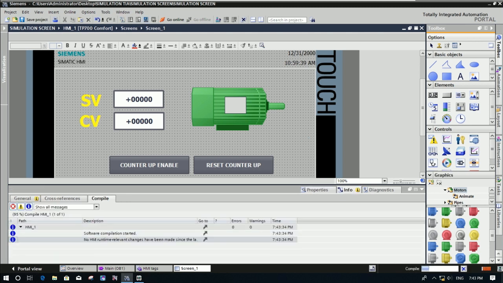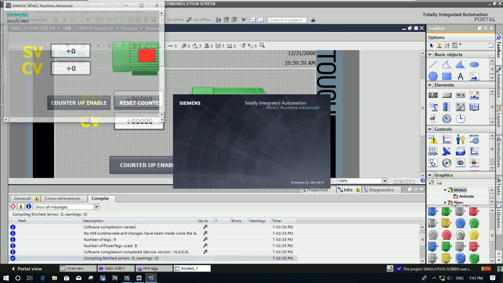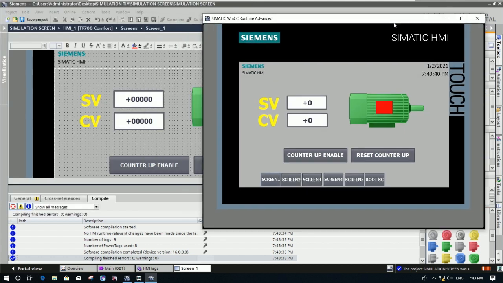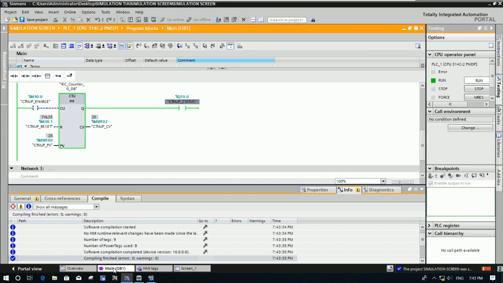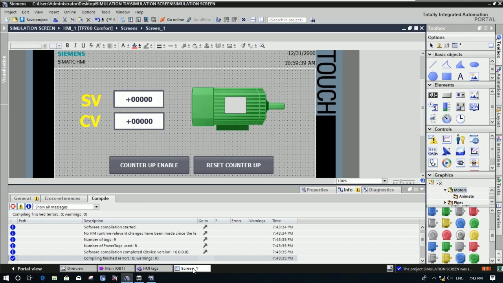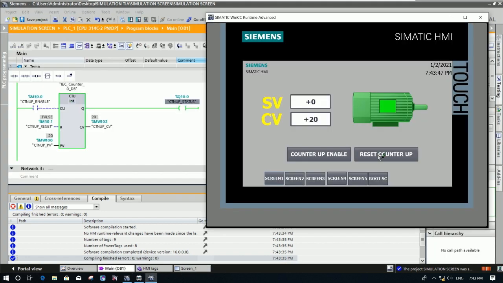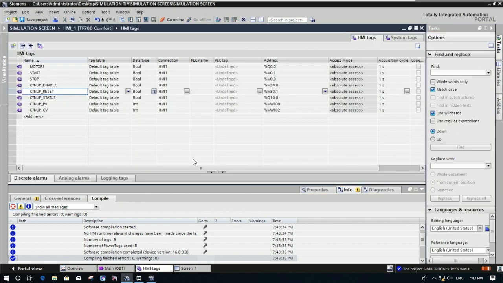Let's simulate together again. Reset 30.1. Let me check the text again. M30.1, right? Correct. It is the boolean. And this one is